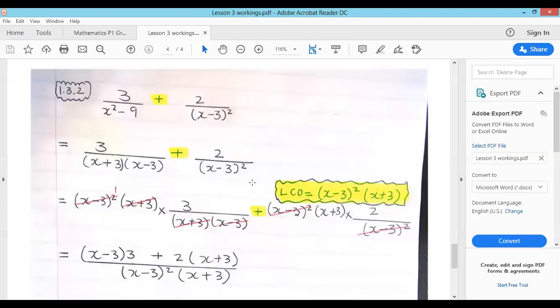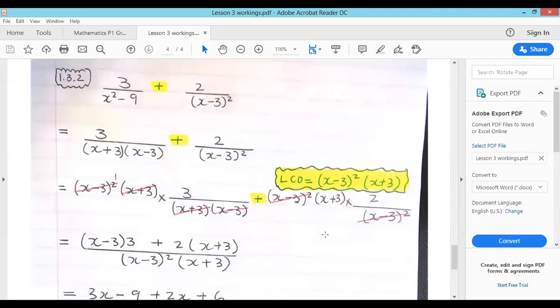Now, you have to identify your lowest common denominator, your LCD. Do you understand with me that it's going to be your (x minus 3)(x minus 3)? You also have x plus 3, but because you've got x minus 3 there, no wonder your LCD will include x plus 3. So the most important thing here was to find your LCD.